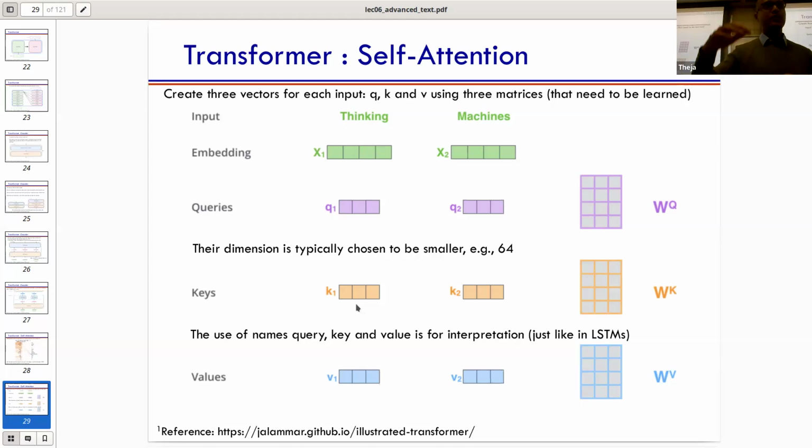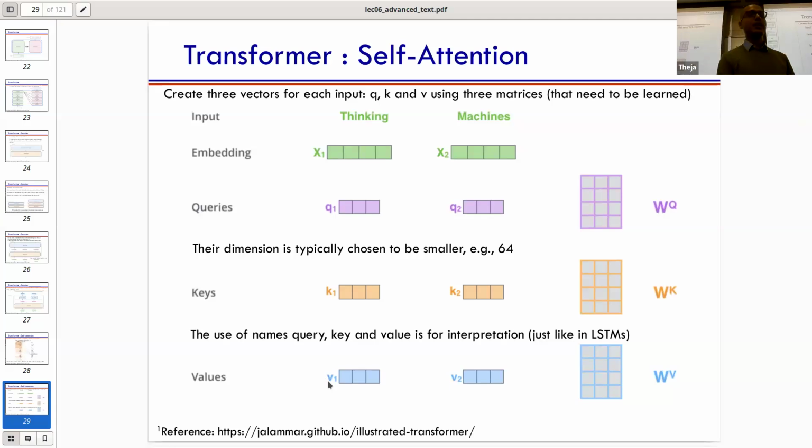So now we're going to look at the computation. It's happening from top to bottom. Each step just says what computation is happening. The input is these words. We're at the first encoder unit, and let's say we have the embeddings for each word, x1 and x2. From each word, we're going to create 3 new vectors. Per green vector, we create 3 new vectors, and we'll ascribe specific names to them. The first one is called a query vector, the second a key vector, and the third a value vector.